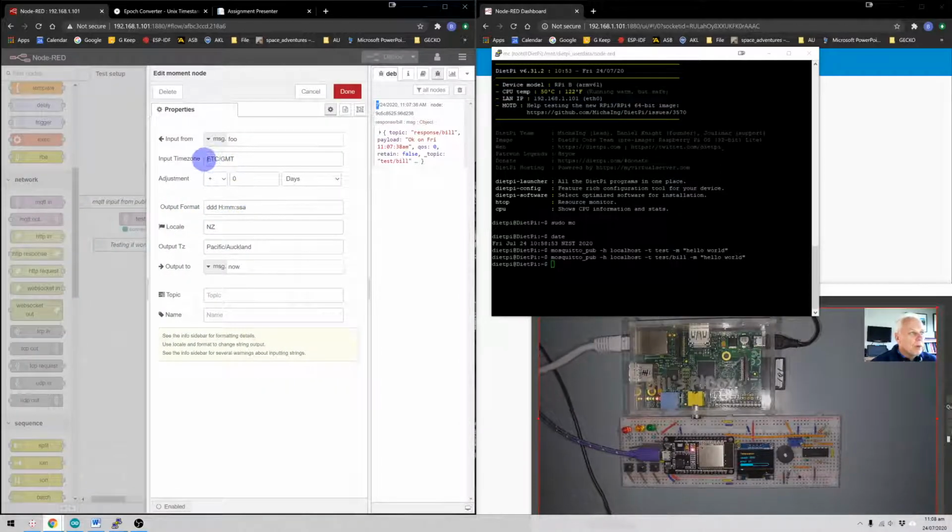Now, what I've got here is a time zone of ETC or GMT, another acronym for basically the same thing. And for the output, I'm getting in some message.foo. It doesn't really matter. Foo just means, hey, something. I'm just getting this message. I'm not going to do anything with the message. Really, all I want to do is grab the time, locale New Zealand, output time zone Pacific Auckland, and output it to a